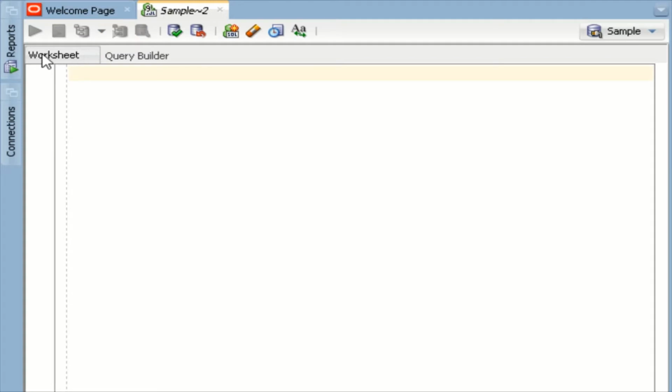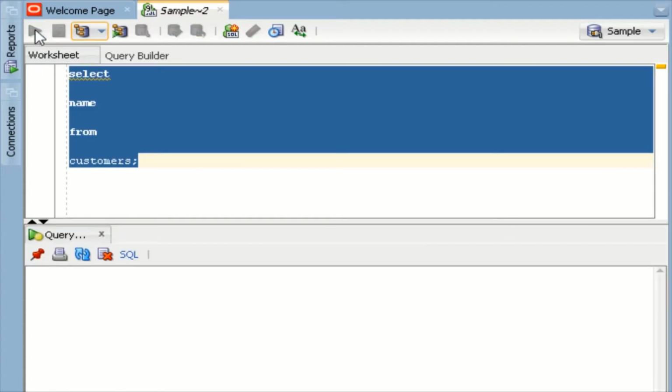As I told you, we have a customers table in my sample database, with customer ID, customer name, address, website, and credit limit. But I want only the name. So what do I need to do? Select the column name. What is the column name? Name, from customers. Instead of column 1, I need to put the real column name, that is name, from customers. Now if I execute this query,